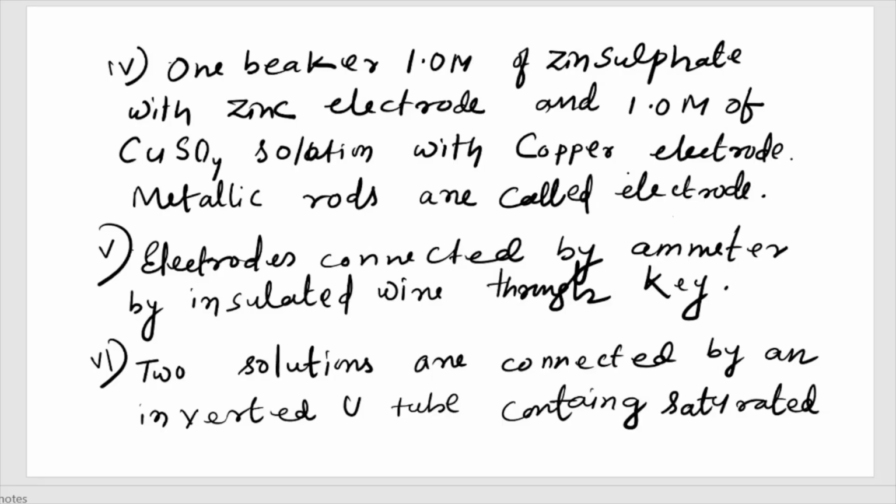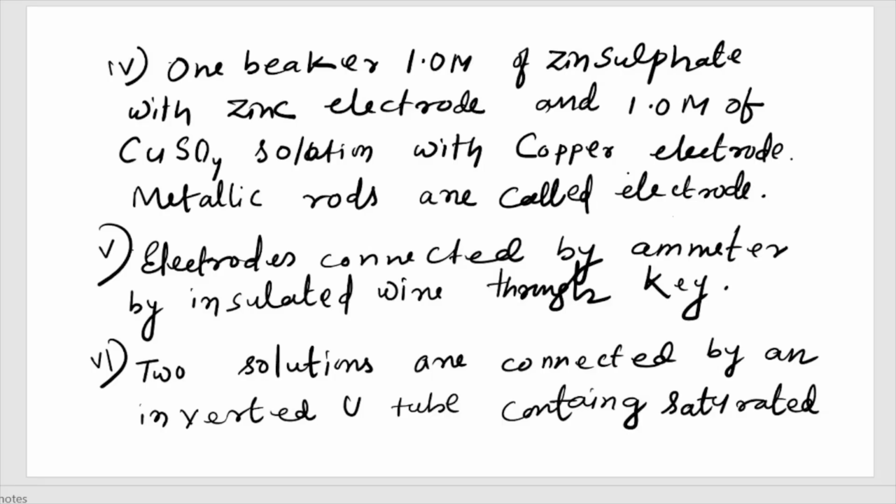That means the metallic rod with its electrolyte solution is called an electrode. The electrodes are connected by an insulated wire. I told you a wire is connected in the diagram, but it should be an insulated wire, and also through a key, because with the key you can calculate the